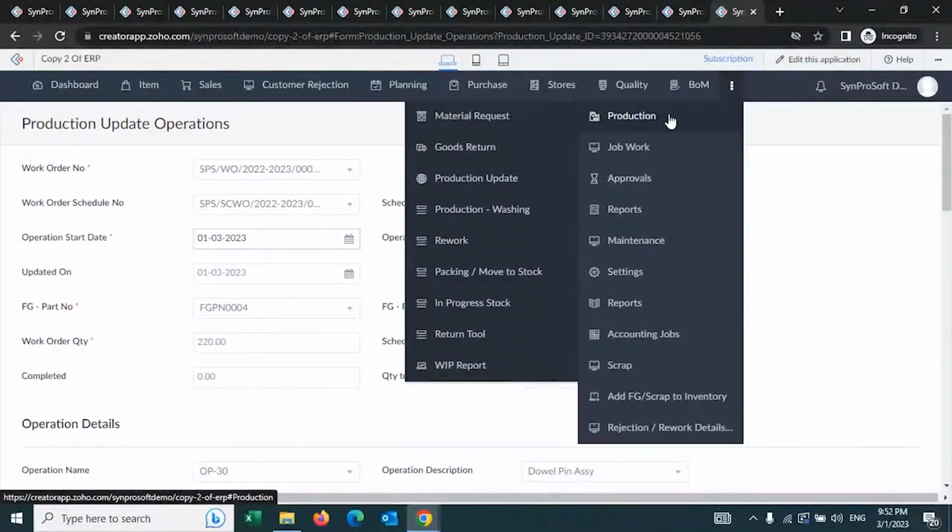And once the complete update is done, there is a remaining item that I have. I'll be able to send it back to the production, which is what I will do using the goods return module here. And once all the production is completed, the final quality check is done, then the PDI or pre-delivery inspection is done, we will move to the packing module, and then it will finally be moved to the finished goods